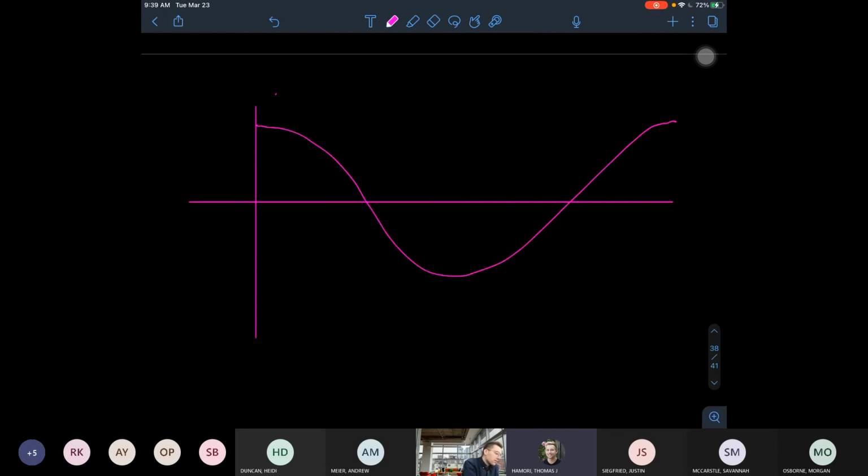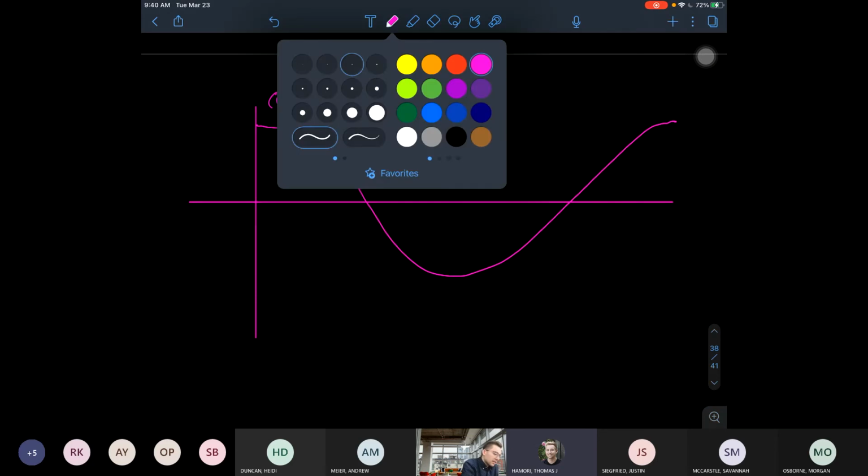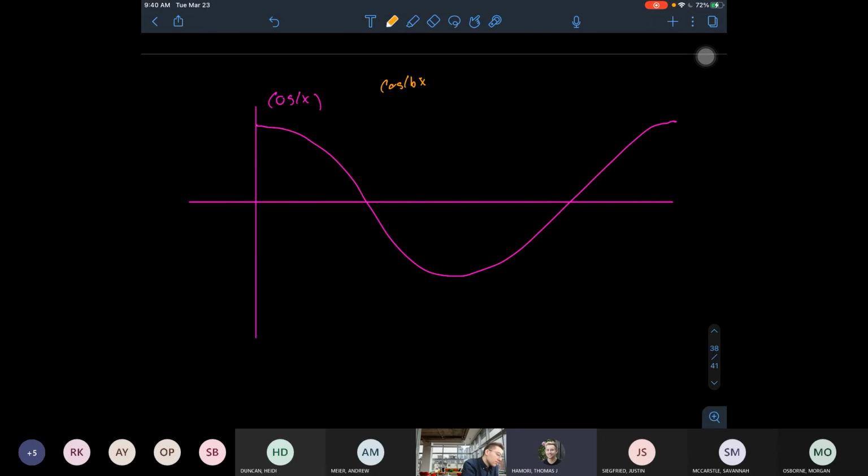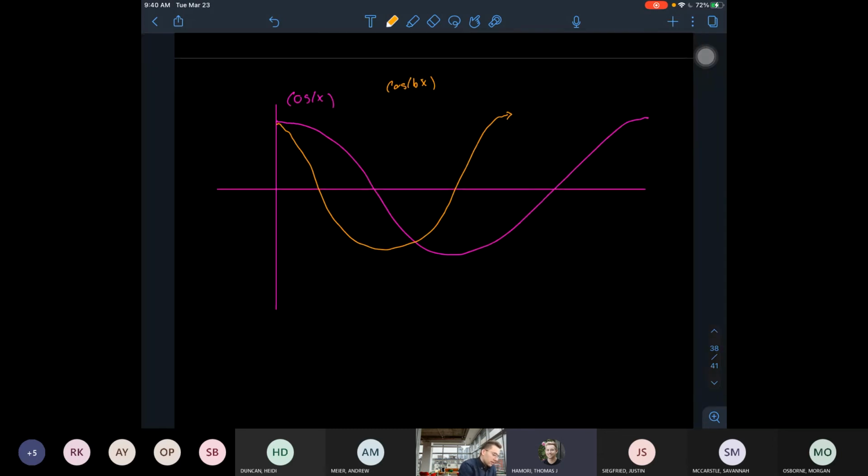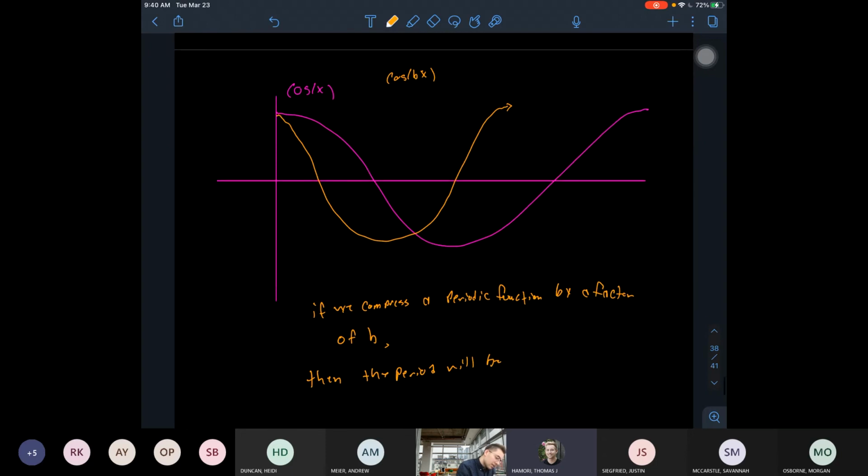Here we have cosine of x. I know that cosine of bx is essentially going to be either stretched or compressed, depending on the value of B. So if we compress a periodic function by a factor of B, then the period will be scaled by a factor